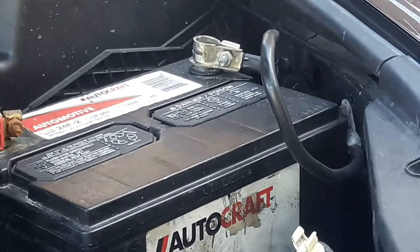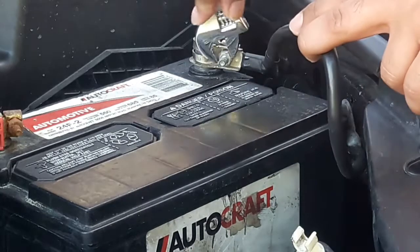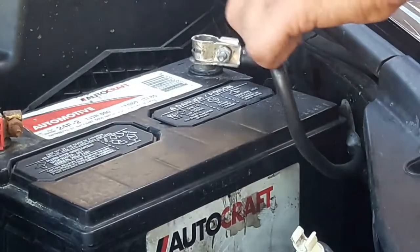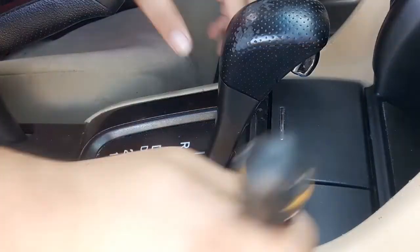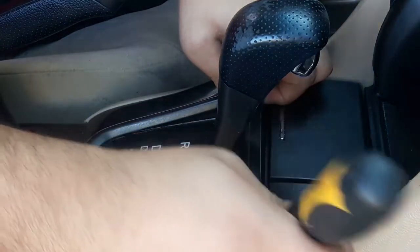The first thing that you're going to do is disconnect the car battery, specifically disconnect the ground battery cable. This is only done for safety reasons, as you don't want anything in your car to go on or something wrong might happen. Once the ground cable has been disconnected, you're gonna come inside the vehicle and unsnap the trim